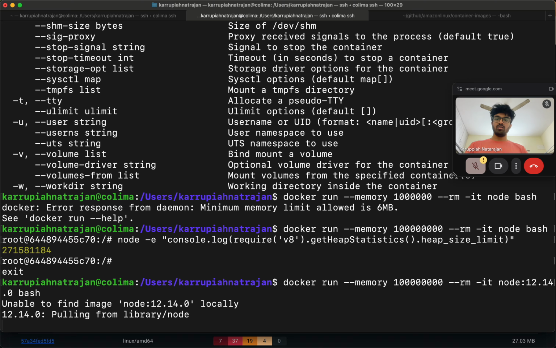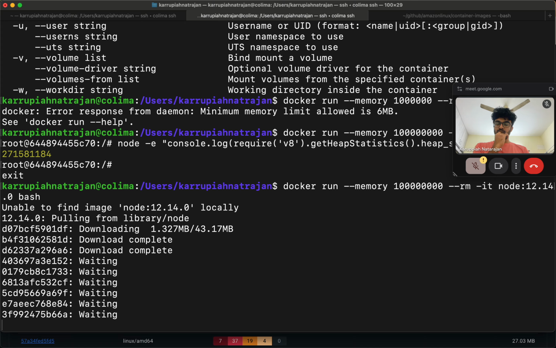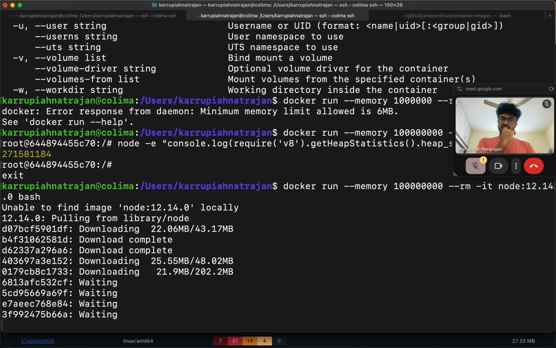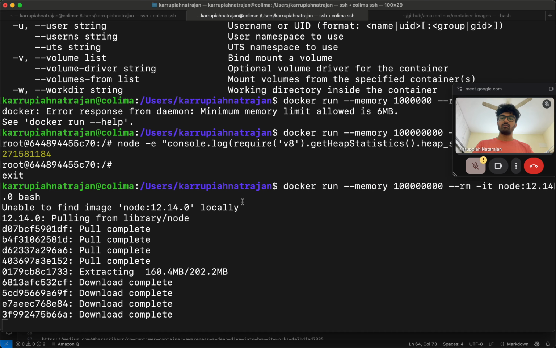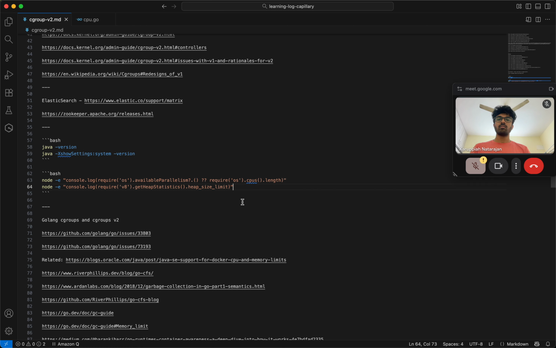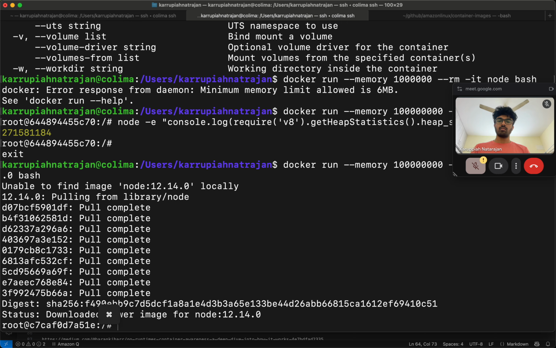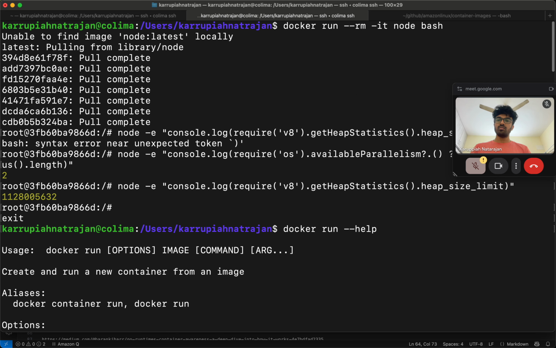Let me see how it comes up. That's a high value.